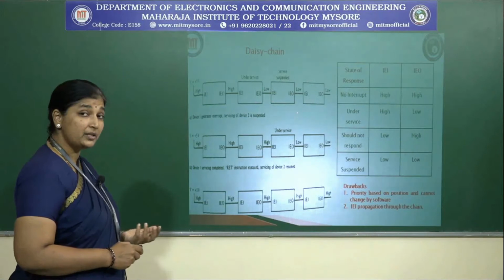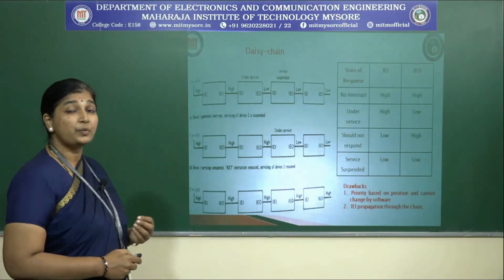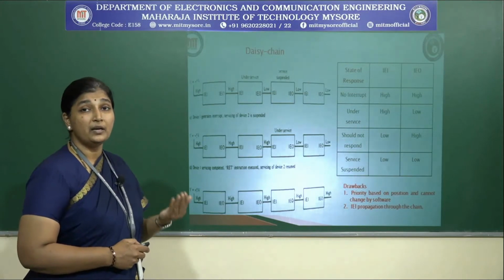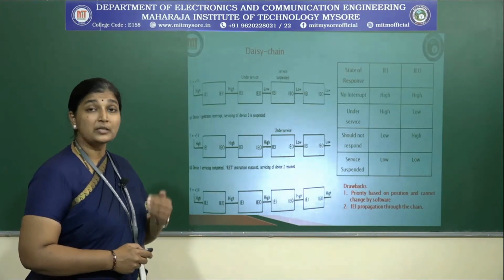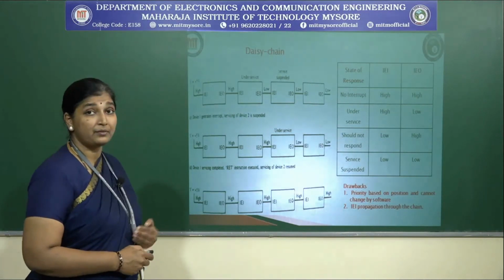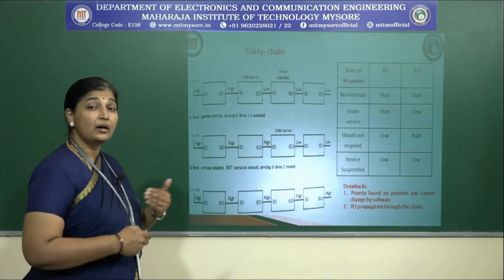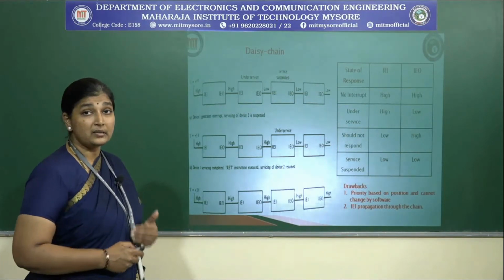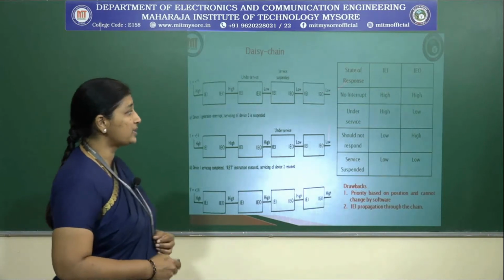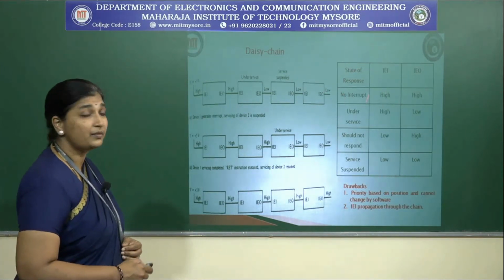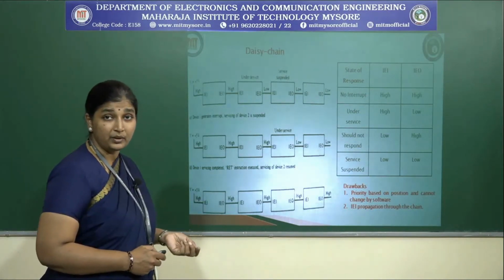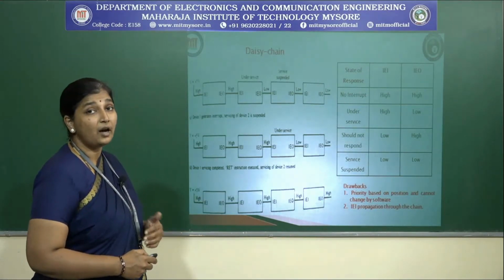So now you need to understand when an interrupt has to be raised, acknowledged, and when it has to be completed. So what is the priority? How is it going to set the priority when two devices, one after the other, are trying to communicate to the CPU that there is an interrupt that needs to be addressed? So now in this scenario, let us try to understand the whole mechanism with the help of a simple tabular column. One is the input, enable interrupt, the other is the output, right?